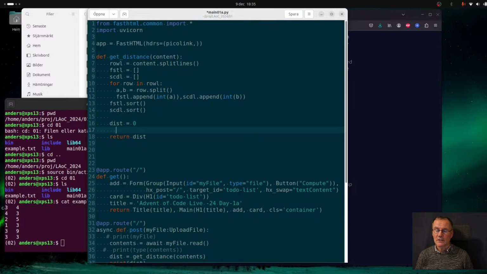But we also need a for loop where we can point in the same direction in both sorted lists. So we're not doing for item in first list. We are doing this other type, which is